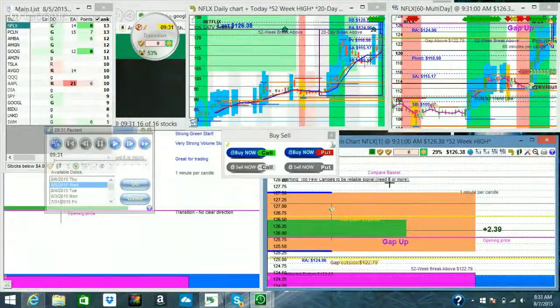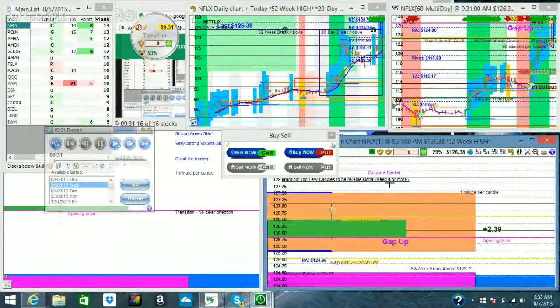Absolutely. This was actually kind of a special day, and I want to change it up a little bit just to show you that the techniques work on any time scale. So whether you're using 15 minutes per candle, 60 minutes per candle, 5, 3, or 1, the only thing you need to do is be aware of what time scale you should be making your decisions in. So obviously, if you're using 1-minute candles, you're going to be a little bit faster with your decisions, as opposed to if you're using 3 or 5 minutes per candle.